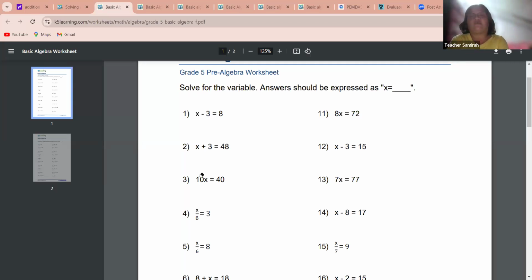Yesterday, I think it was Alfonso who was able to answer correctly. This type of example was given yesterday and he was able to give us the correct answer. So we would like to try and give us the correct answer. X over 6 is equal to 3. What do we need to do to be able to get the value of x? Anyone?